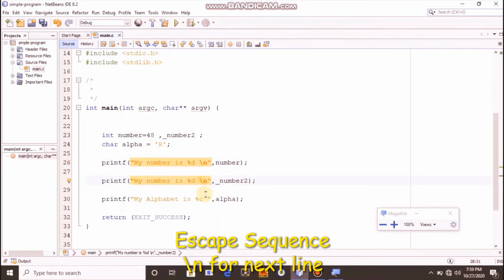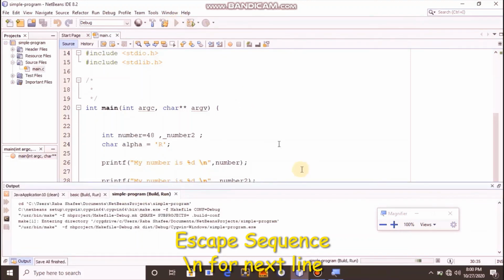It will take it to the next line, so it would be easy to read. These are known as escape sequences. There are different escape sequences, and for the next line we use \n, a backward slash with a small n. Now see your output.